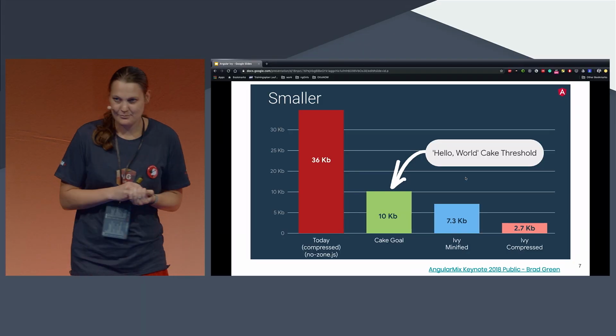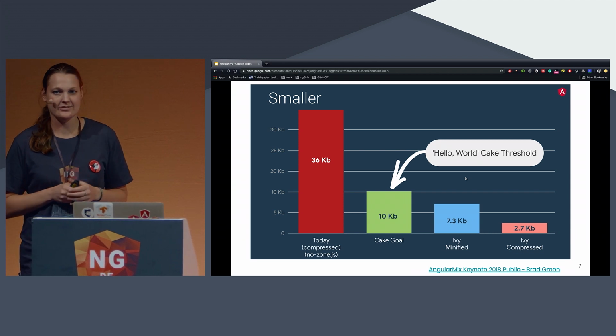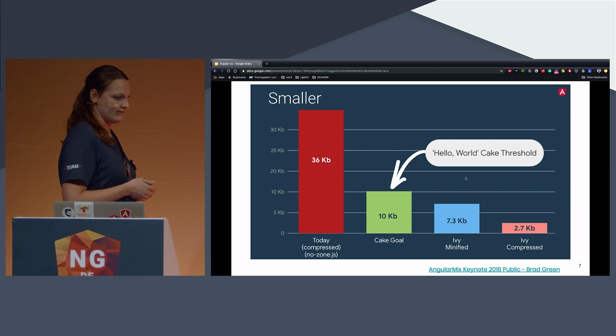So that's why they decided, okay, we need to create a new rendering engine, something new that creates a smaller bundle size. The first steps actually, and I don't know if you ever heard of the cake threshold, there was Brad Green who led the team and said, okay, we need to create a rendering engine that actually reduces the bundle size.